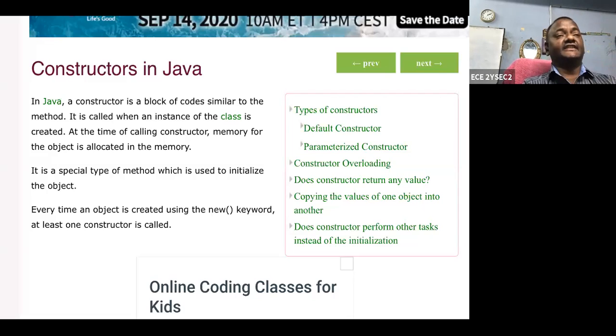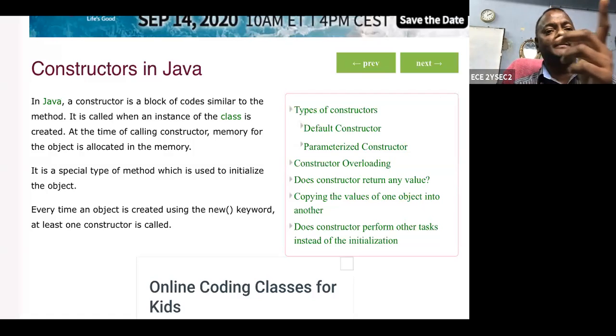That constructor contains the attributes, and those attributes have default values. To create an object, what is the purpose of the object? To access the attributes of the class. Attributes have some values, and you access those values.